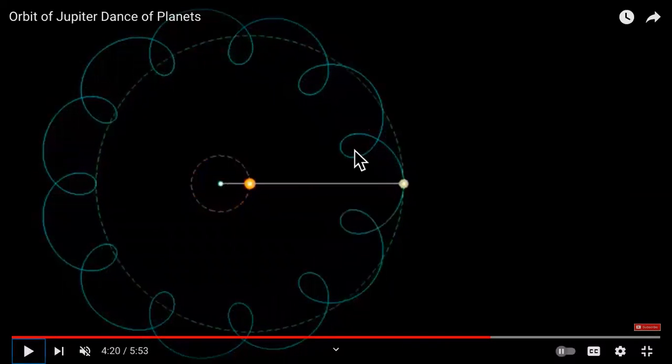For example, this is 1, 2, 3, 4, 5, 6, 7, 8, 9, 10, 11. 11 loops are formed overall when there is a complete cycle of Jupiter, right? And this complete cycle of Jupiter takes around 11.86 years,